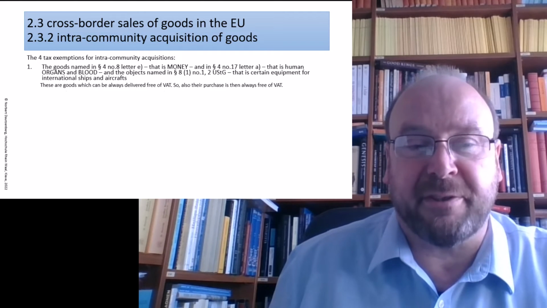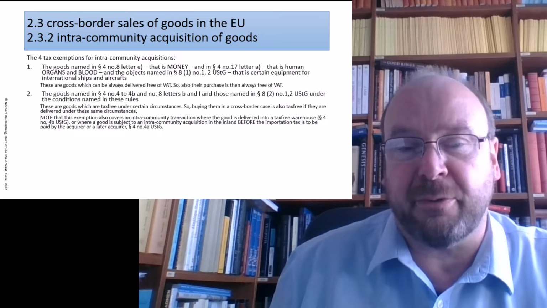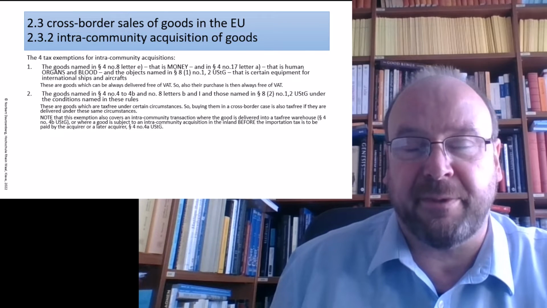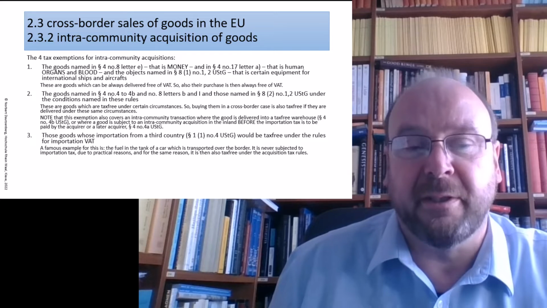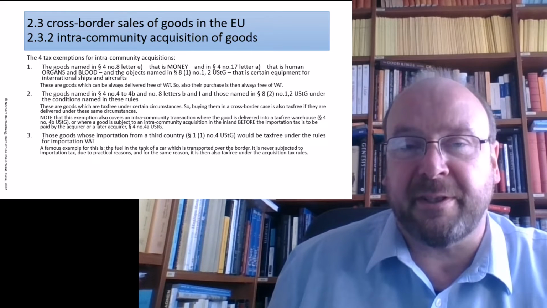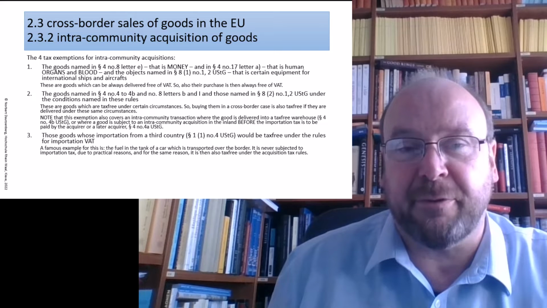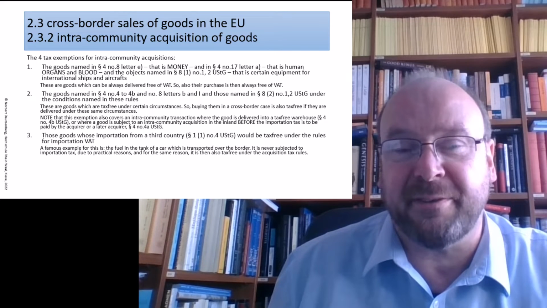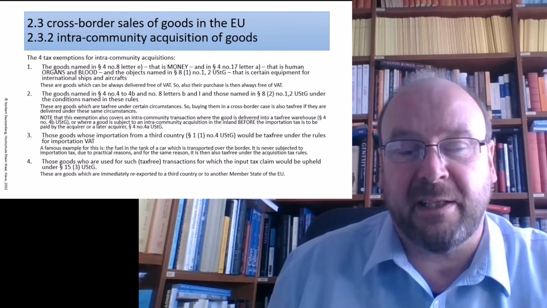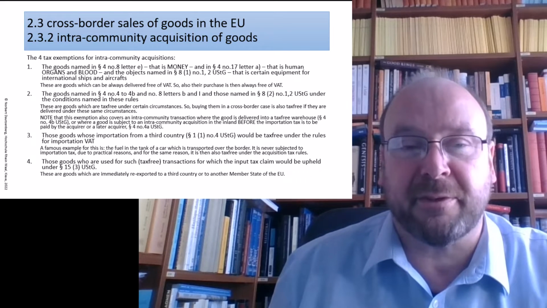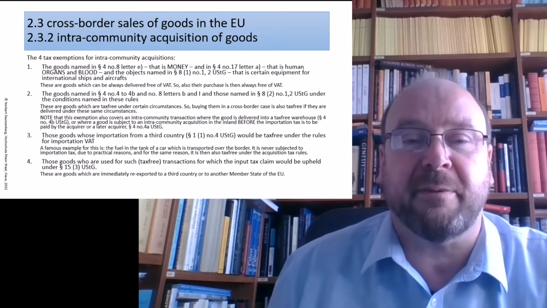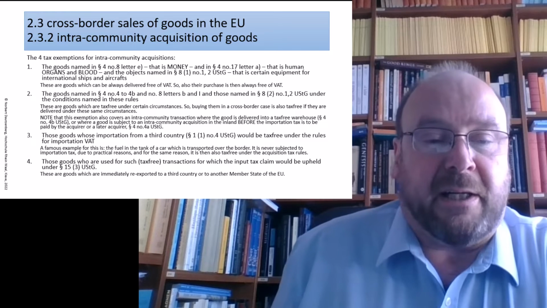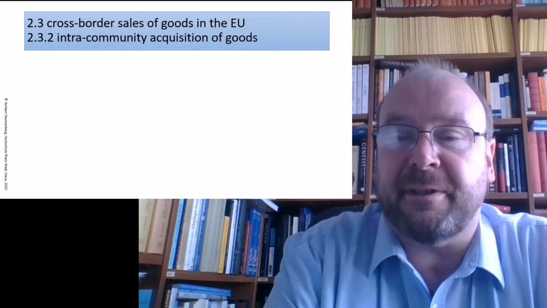The 4 tax exemptions were certain goods which you always can buy tax-free, and certain goods which, under the circumstances under which they can be sold tax-free, can then also be acquired tax-free. There is the rule concerning the exemption for goods which you could also import from third countries free of tax, and goods which you import from another EU country into the inland in order to directly re-export them to other countries. Yeah, so that's relatively simple.